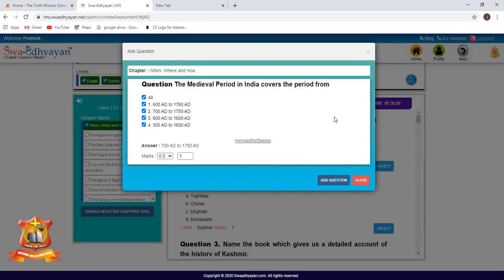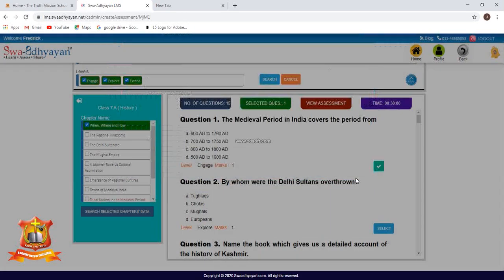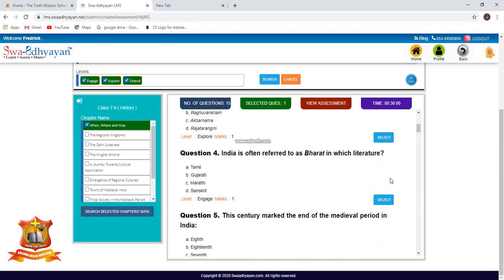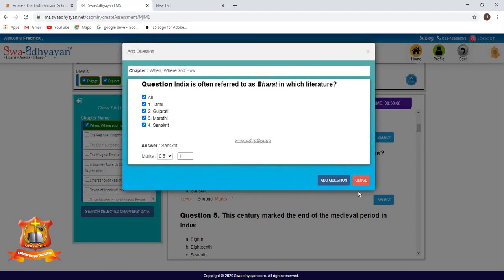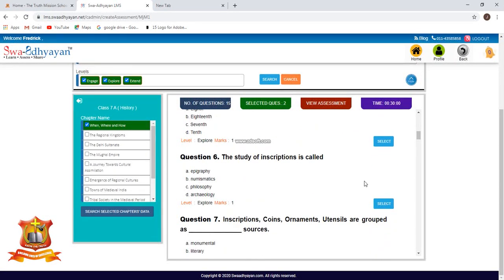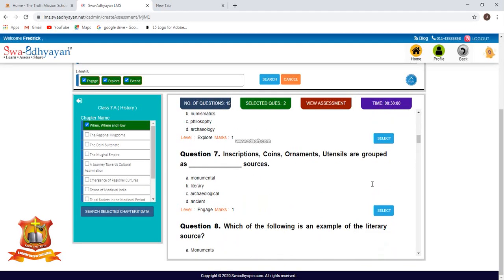In the pop-up menu, click add question, and then you need to close. Then you go and select another question, and close. Like that you will be selecting the questions.